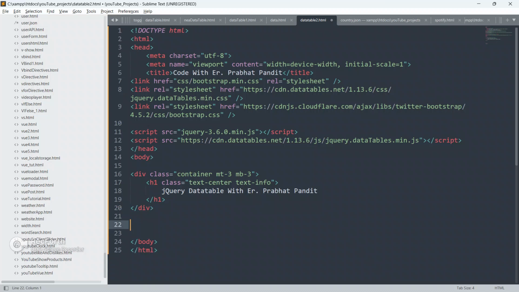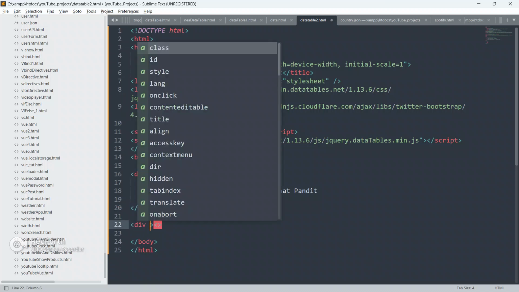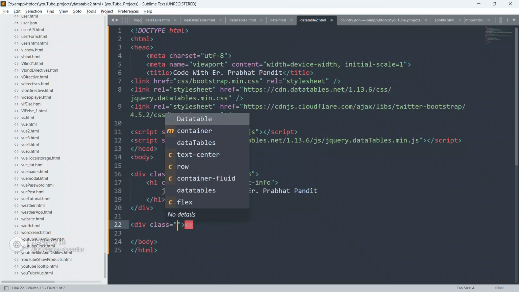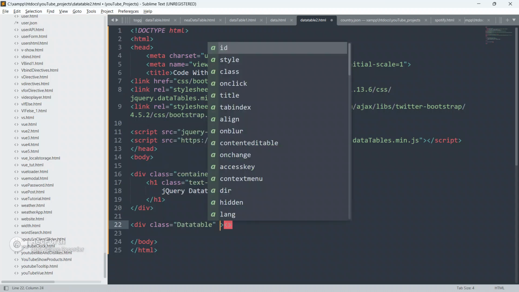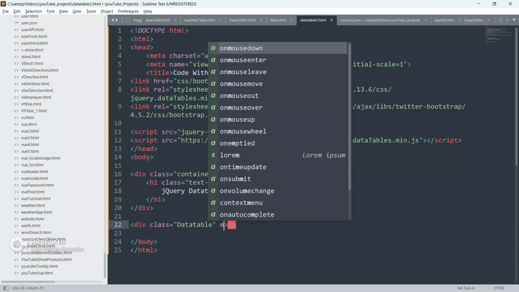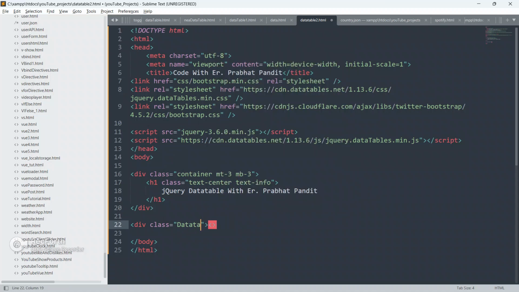So now I'm gonna create another div below this div, give container class, and give also margin top and margin bottom.